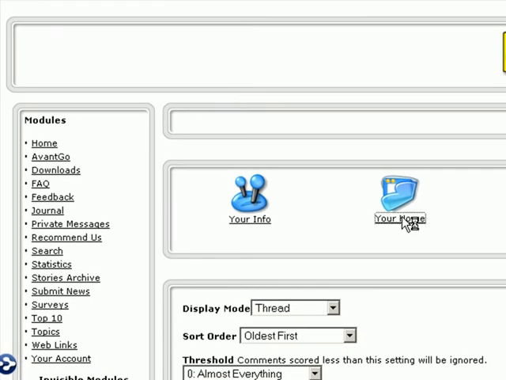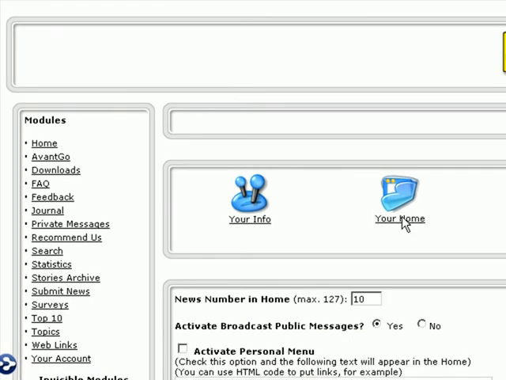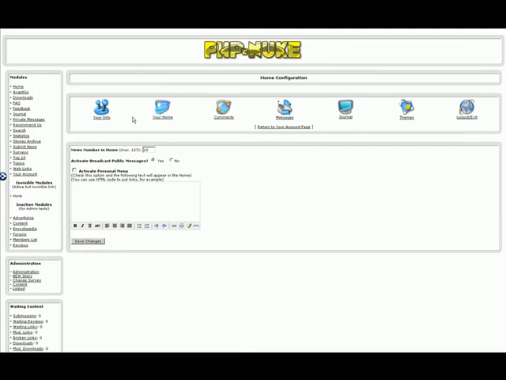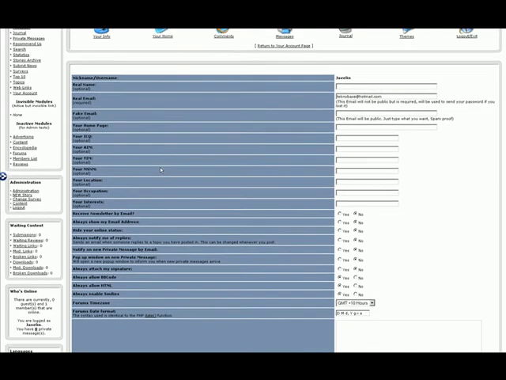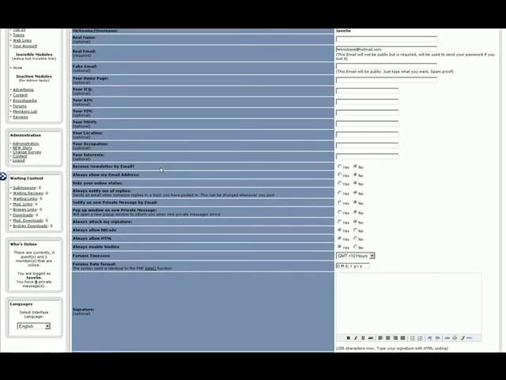Now, going into my home is where I can activate and have my own personal menu system for my home pages. Again, another great way to make it sticky for people to go through there. And in my info is where I can change anything with regard to what I would like to have done. Now, I do suggest going through